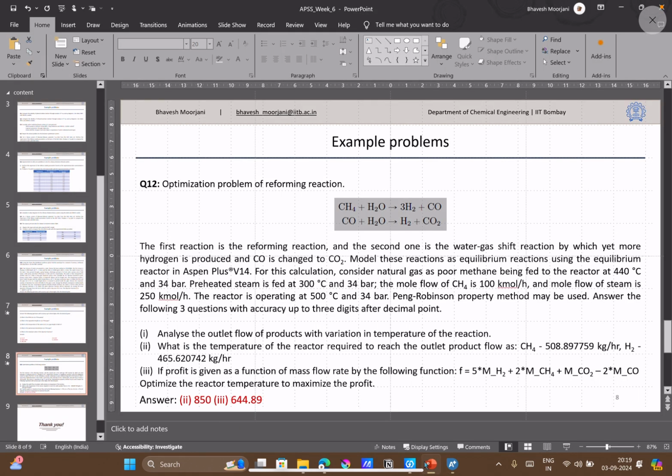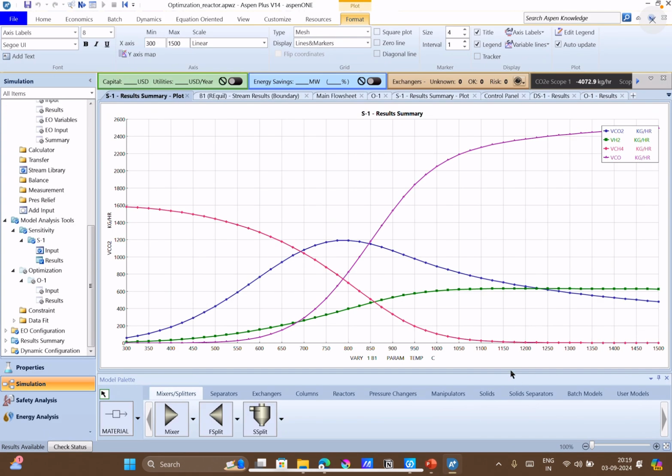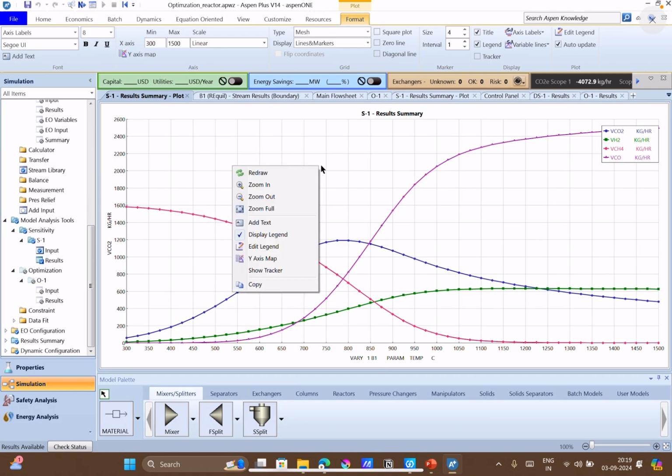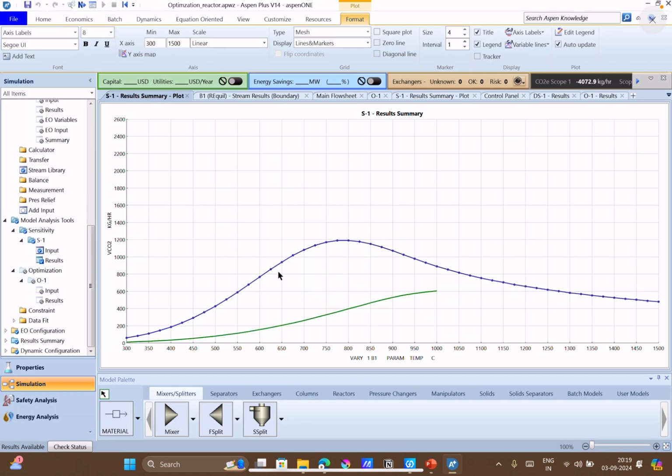Now what has been asked of us: here you can see with temperature there is much variation. So if you want to get a specific composition out of the reactor, you have to find out what temperature you want to work with. Let's say question number 2 asks what is the temperature of the reactor required to reach the outlet product flow, where the methane and hydrogen flow rates are given. Methane is 508 kg per hour and hydrogen is 465 kg per hour. If you see from this plot analysis itself, if I look at the tracker,